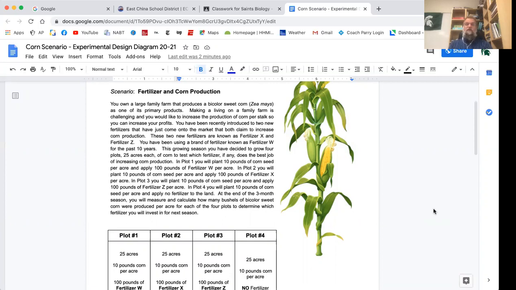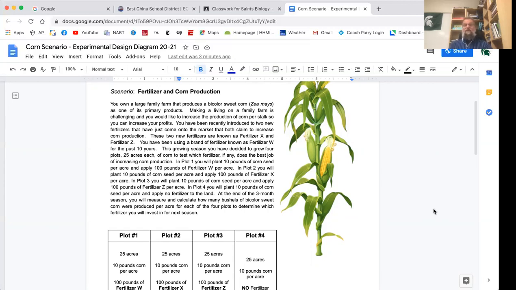production. In plot 1, you will plant 10 pounds of corn seed per acre and apply 100 pounds of fertilizer W per acre. In plot 2, you will plant 10 pounds of corn seed per acre and apply 100 pounds of fertilizer X per acre. In plot 3, you will plant 10 pounds of corn seed per acre and apply 100 pounds of fertilizer Z per acre. And finally, in plot 4, you will plant 10 pounds of corn seed per acre and apply no